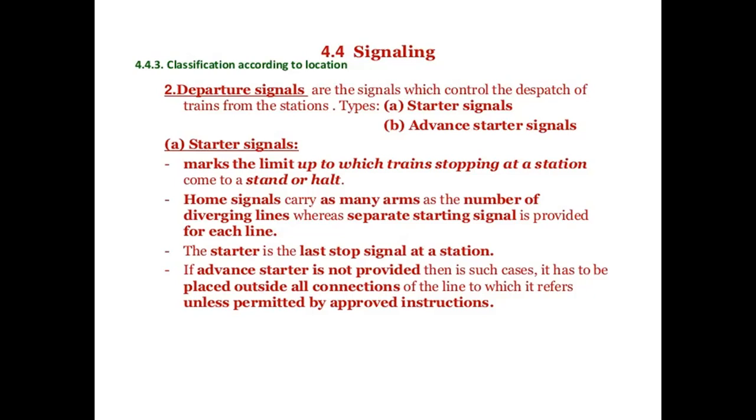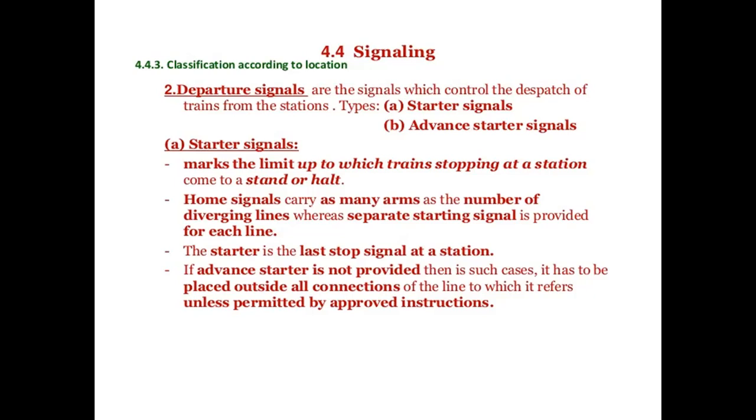If an advanced starter is not provided, then it has to be placed outside all connections of the line to which it refers, unless permitted by the approved instructions of the railway authorities. Home signals carry as many arms as the number of diverging lines,